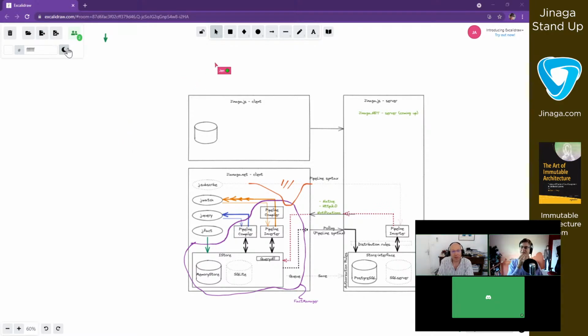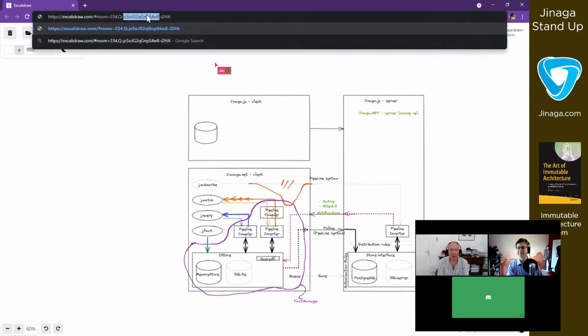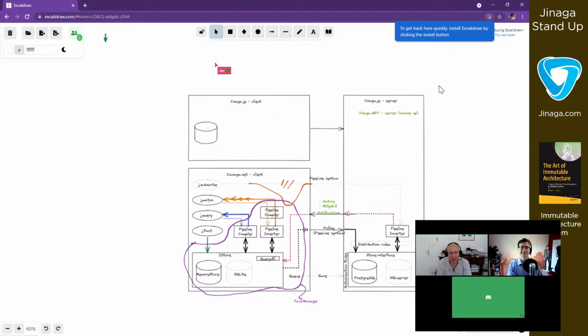Yeah, because the link that I sent you includes two things. It says room number. So the first is the room, then there is a comma, and then there is an encryption key. So you can try it out if you say, for example, room equal 123, comma, encryption key Michael, for example. Well, it will create a room if 123 is not yet in use, of course. I really like this tool.